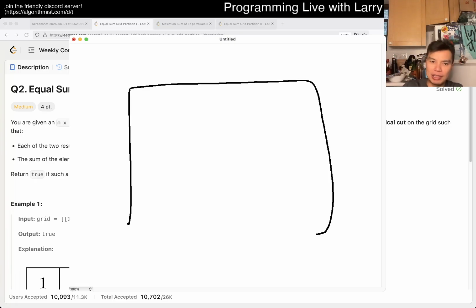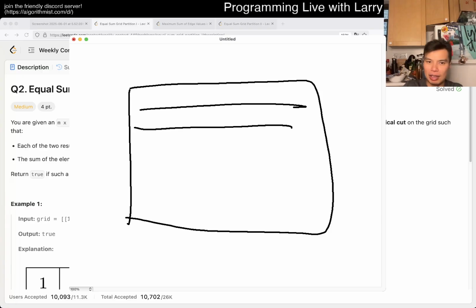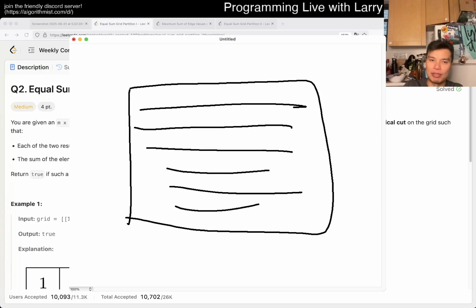So now you have this matrix, with some numbers, and they sum to certain things. Here you're trying to find a dividing line, in this case horizontal, where this sum is equal to this sum. There may be other ways to do it, but the way that I did it